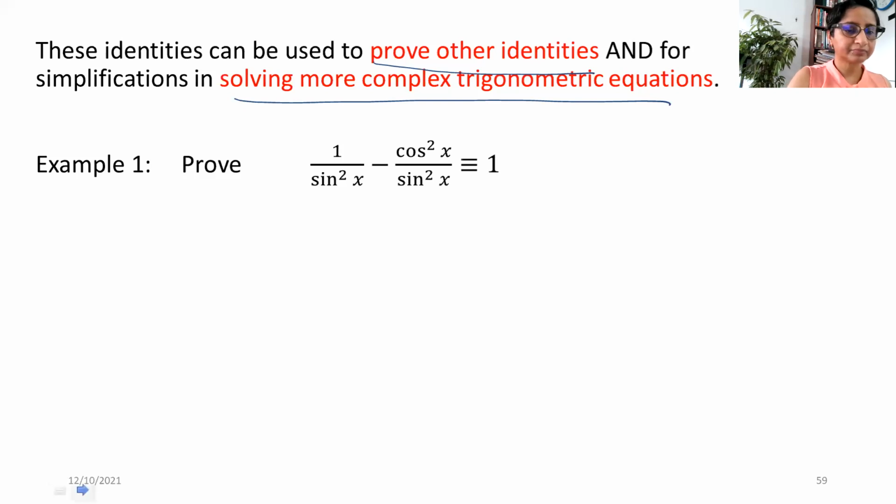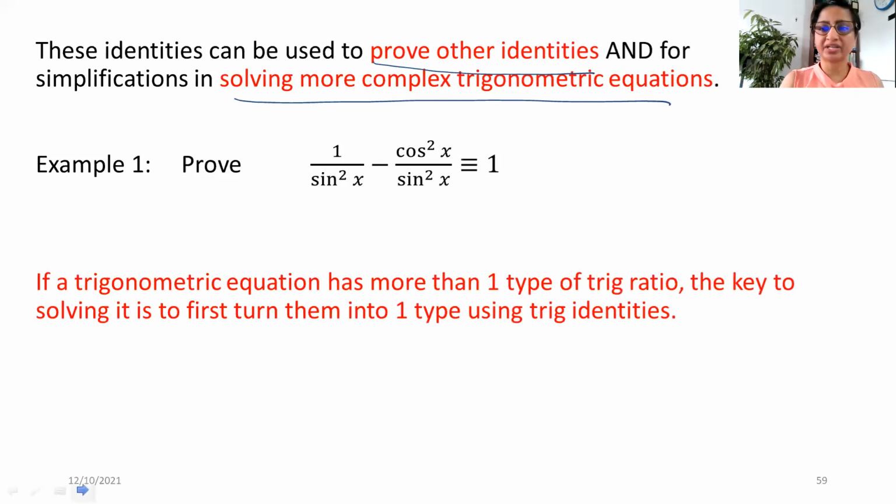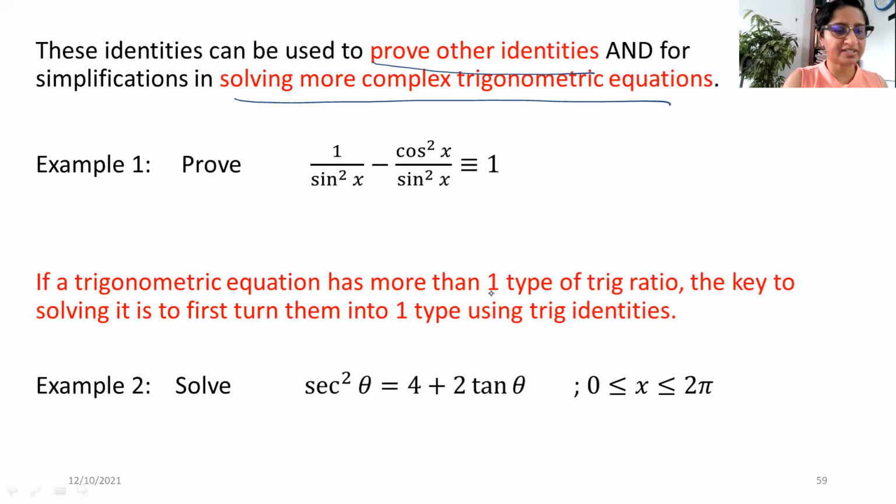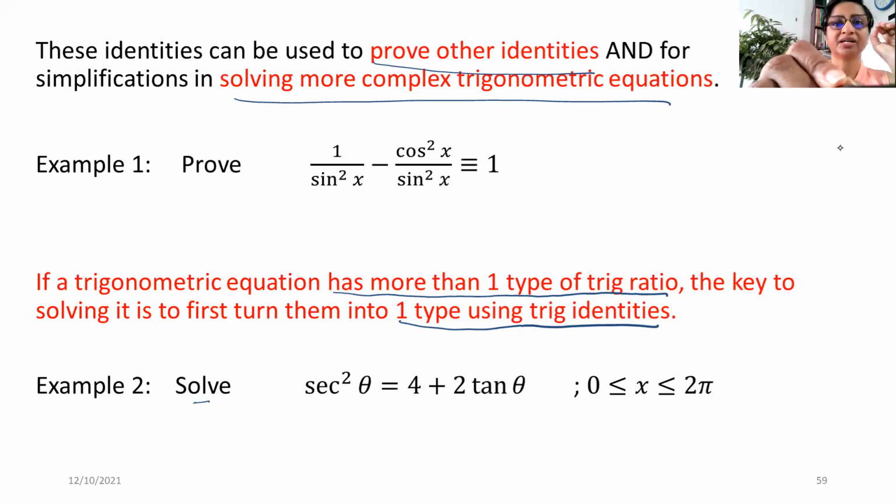Okay. So if a trigonometric equation has more than one type of trig ratio, the key to solving it is to first turn them into one type using trig identities. For example, look at this equation you will have to solve. You have to solve this. It's not a simple type of